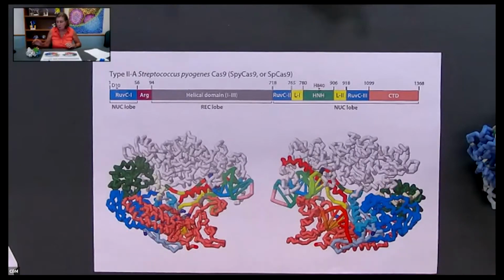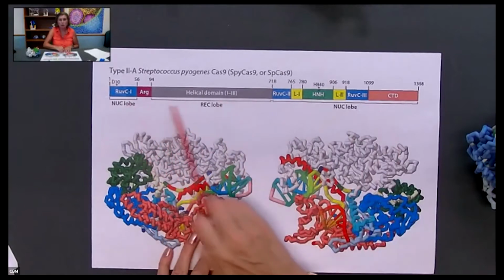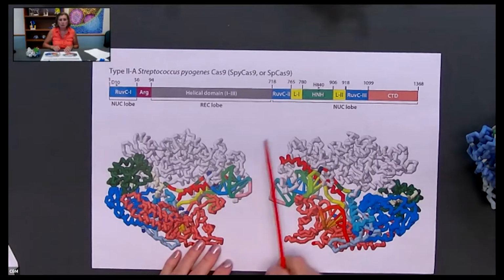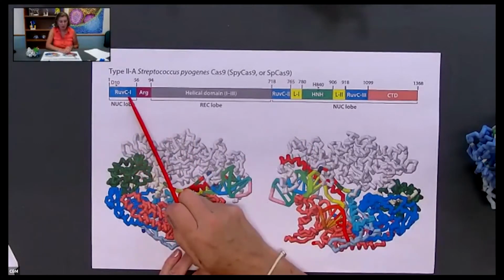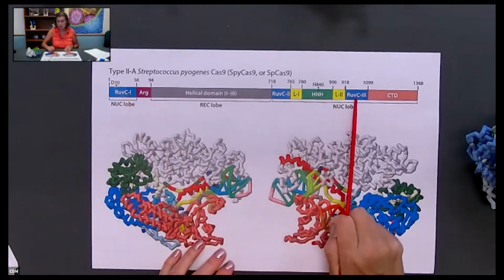Okay. So now what do you see that it might be a little surprising when you look at these domains? Does anything jump out at you? Just looking at the primary structure. The CTD is the C-terminal domain. So what strikes you about RuvC? So it's broken up into three positions. Yeah. And so